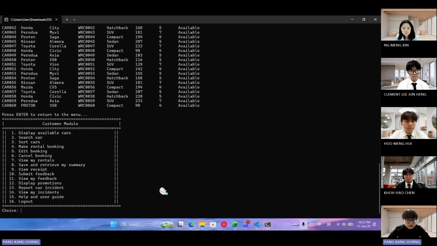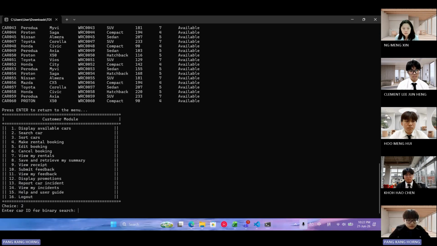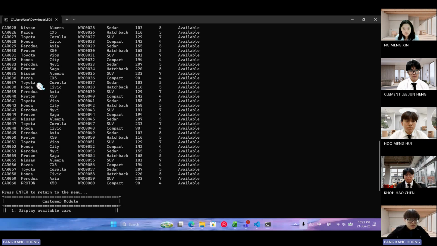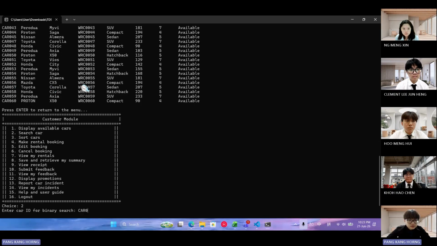You can see choice 2 is search car. When you type 2, it will ask you to enter the car ID for a binary search. For example, we choose this Mazda CX-5, whose car ID is car 036.